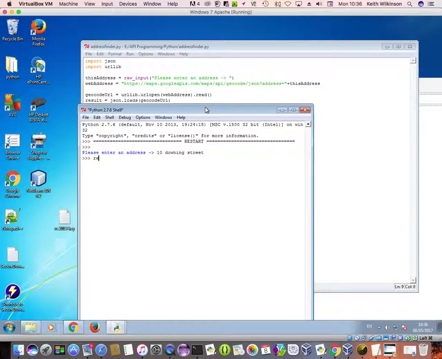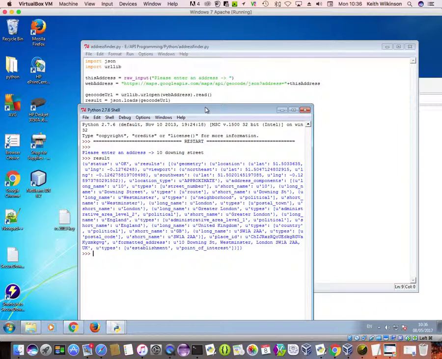So I'm going to just show you what result at this point contains. That's a bit neater, and you can see that everything is now in named value pairs. And what I want you to notice is that on the front of all of these there is a little U, and that stands for Unicode. That's the kind of information or the character set that it's using. And if we just use result, we end up with just the